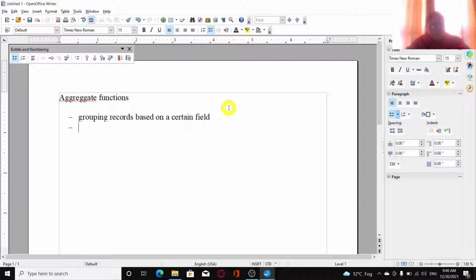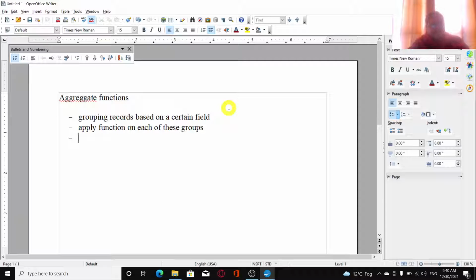So I can group records and apply a function on each of these groups, and because these functions work on such collections of records, they are known as aggregate functions.